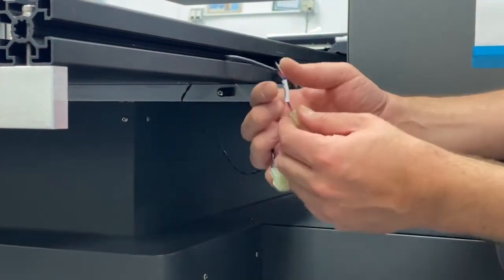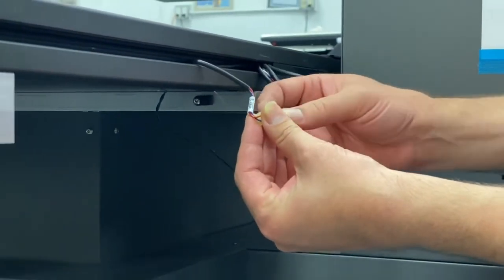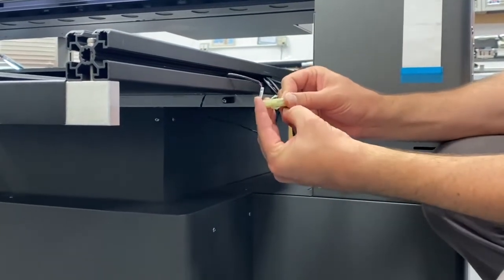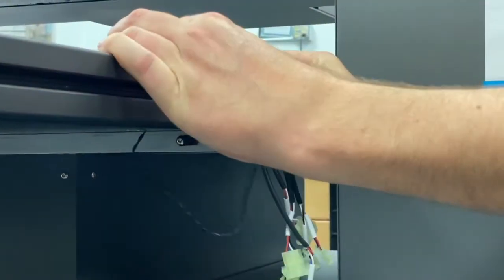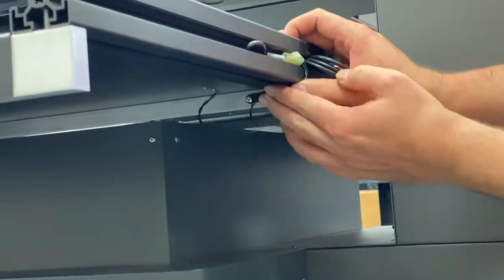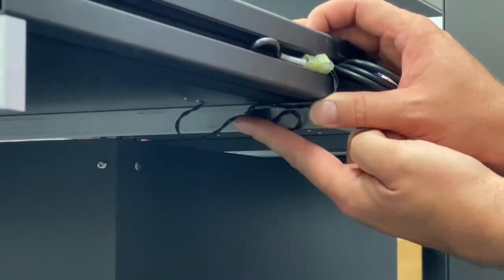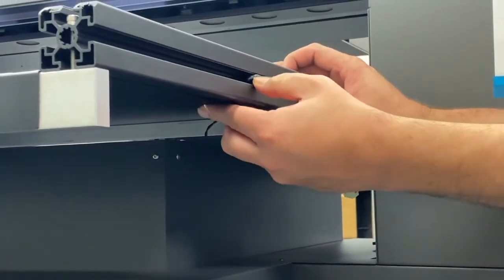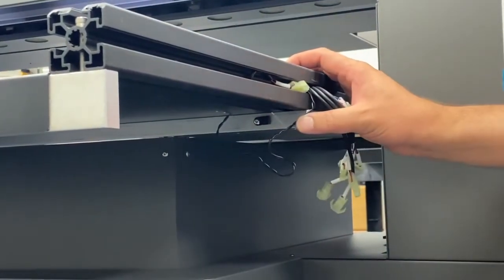Most of the buttons all plug in the same. This PL sensor is a little different. It's labeled PL sensor. You're going to plug it in here. It plugs in only one way. There's a little snap on one side, then it kind of tucks into the channel. Then you're going to run this wire underneath here, and there's another zip tie mount down here where you're going to zip tie the wire in place,